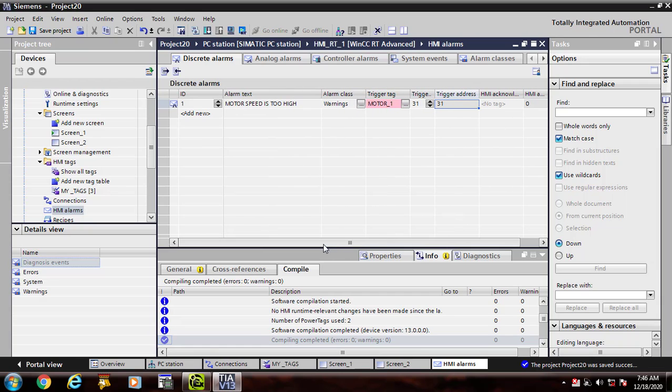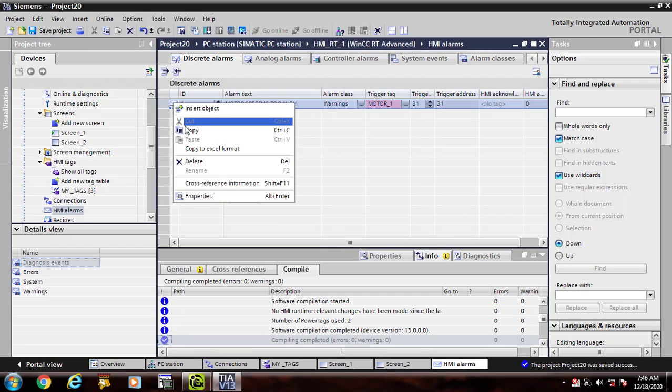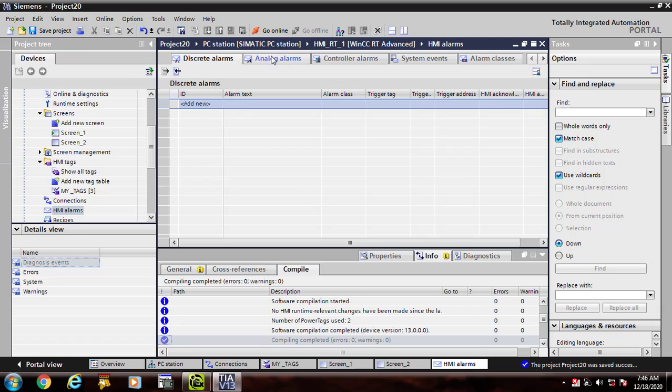So first of all, I will have to choose another alarm. I delete it and I will go to analog alarms and take analog alarm. The same thing I will repeat here. Its ID is 1. Its alarm text should be motor speed is too high.